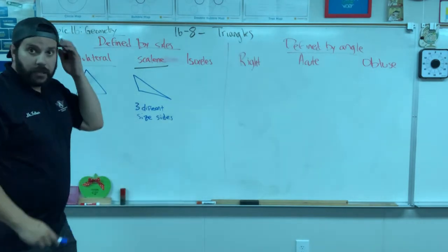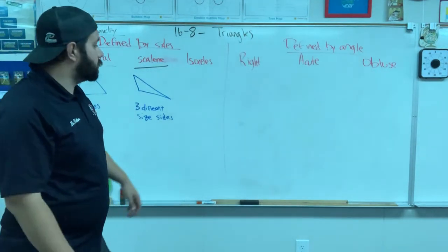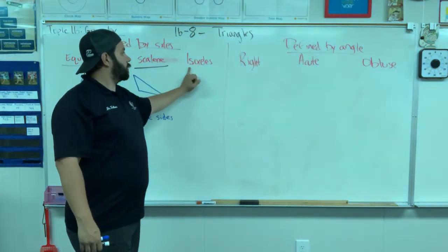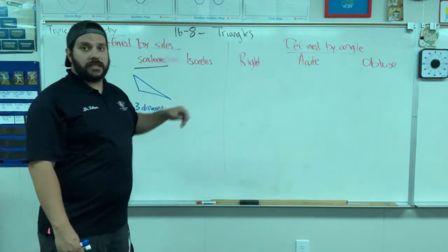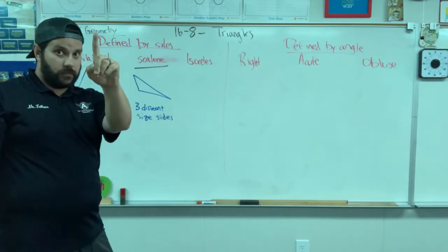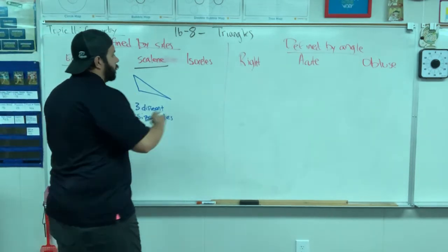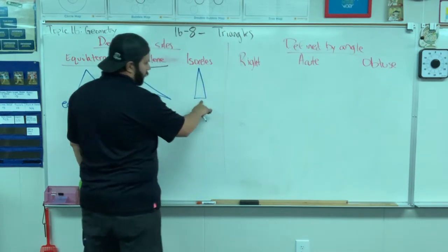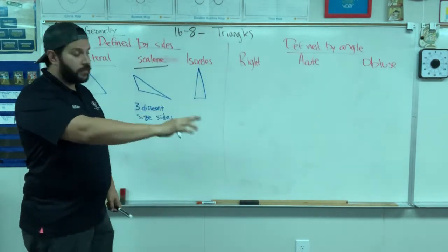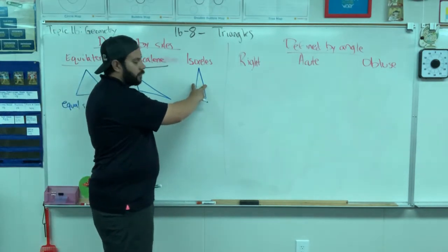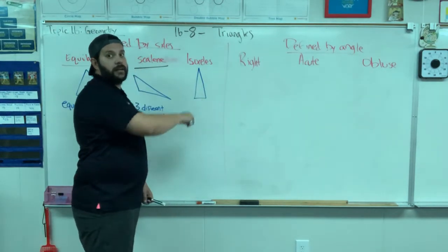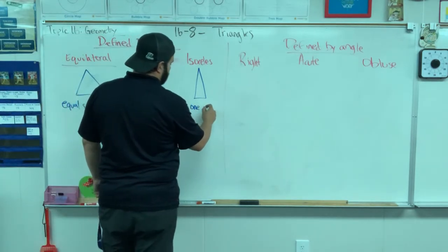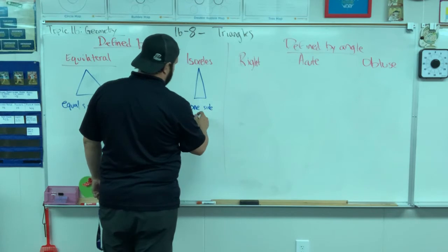That's your scalene. Okay, and isosceles, again, if you break down the word, you look at the front, iso, which is the same root as isolation, meaning left alone, you have a triangle that has one side different than the other. Okay, so these two sides are the same, and you got this poor little dude down here, he's all isolated, he's not like the rest. Okay, one side